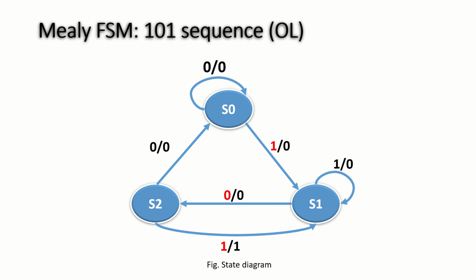Now we first will see the Mealy FSM, and here we are considering the sequence 101, and again the overlapping case. Here for the 3 bits, the required states are 3: S0, S1 and S2. When we are at S0, we have two possibilities for the input. When the input equals 0, the output would be 0 and it will remain in the reset state. When the input equals 1, it will move to the next state and the output would again be 0. The output would be 1 when we detect the entire sequence 101.